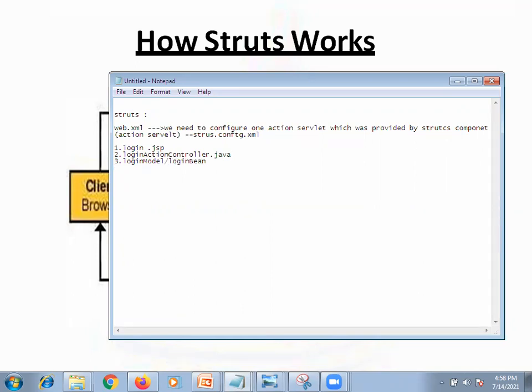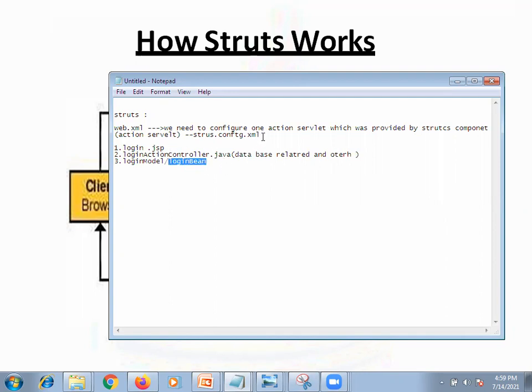Then again we will have the database-related connections and other things. But for the database connection, we are going to capture all values directly using the login bean.